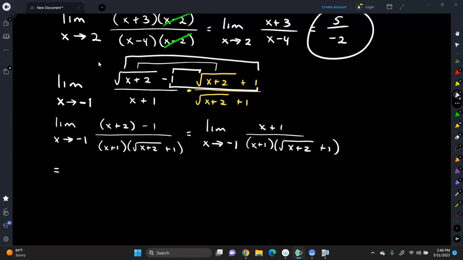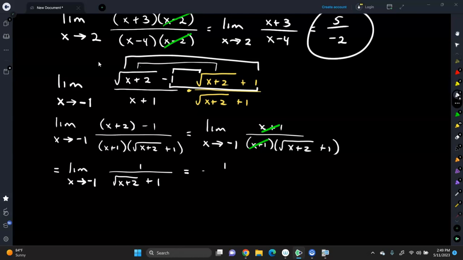Okay, my x plus 1's are going to cancel. So we have the limit as x approaches negative 1 of 1 over the square root of x plus 2 plus 1,